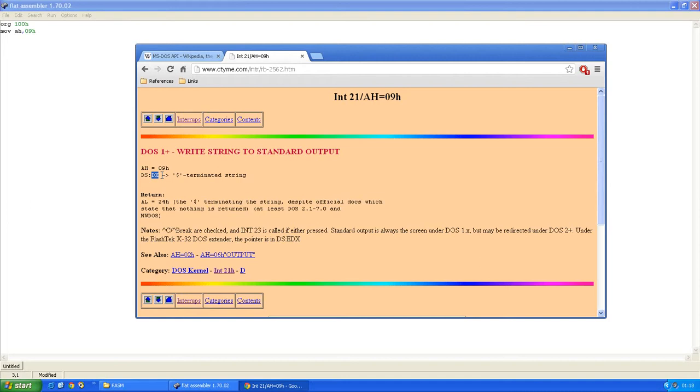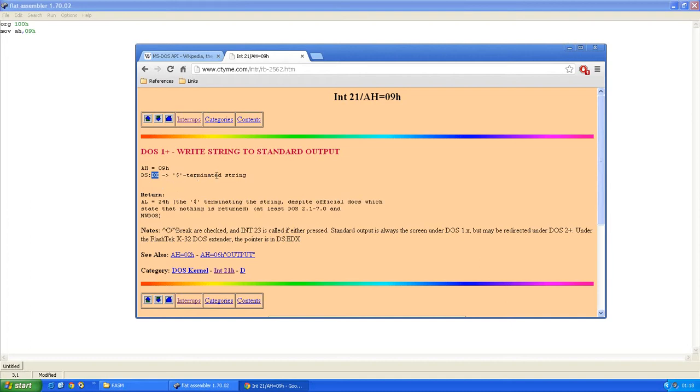D is the data register, where you would store strings and that kind of information. The accumulator can be used for arithmetic operations, multiplying numbers, dividing numbers, and it's also used on interrupts for determining which function of the API we're going to use. So DX, we obviously need to move something into DX, but